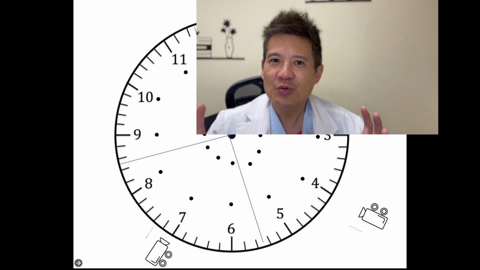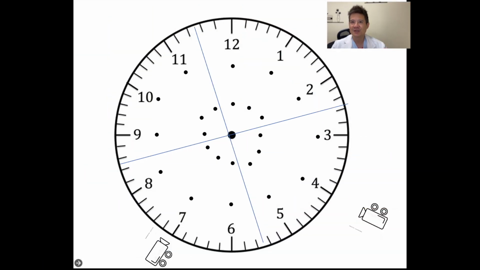So the model we're using is the 24-wire position clock face model. In this model, we draw a clock face, and at each hour, 12 o'clock, 1 o'clock, 2 o'clock, 3 o'clock, the wire can either be near the outer side of the vessel or near the center side of the vessel. So in this first instance, let's assume that the target, the distal target, is slap bang in the middle of